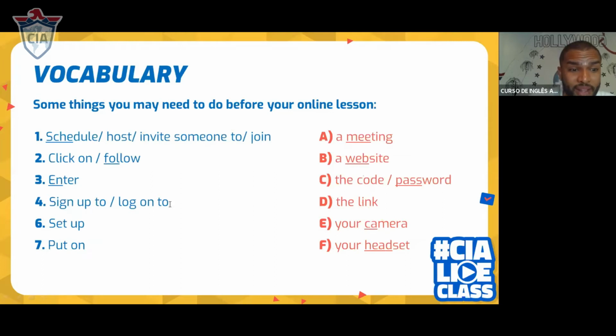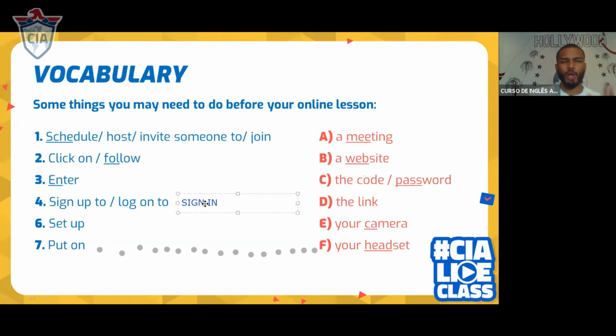One thing that I wanted to tell you is when you go on the website, you sign up to the website, but then after you have created your account, you're not going to say sign up. You're going to say sign in. Okay, guys? Sign in. You sign in to the website because you have already created your account.